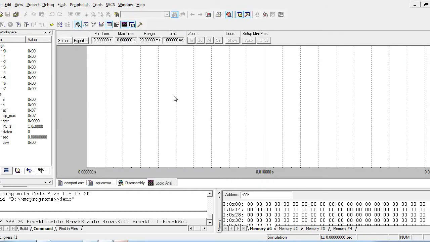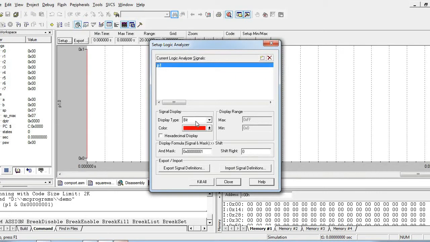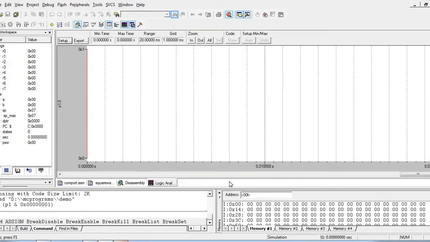So this is the logic analyzer window. First we need to set up which port we are using, that we need to add to the logic analyzer. So here we are using P1.0. Let it be display type bit. Close this, and now run the program.